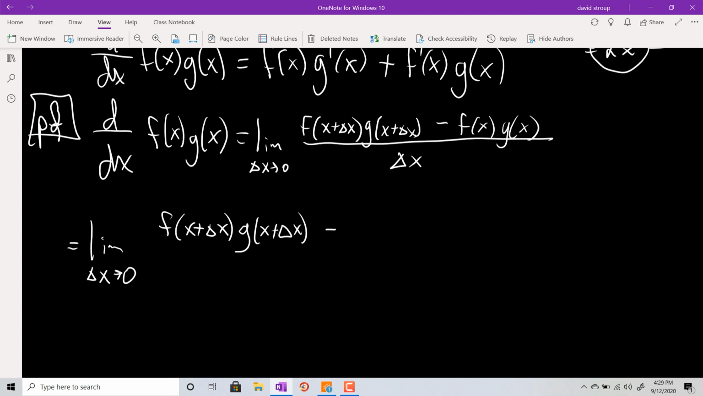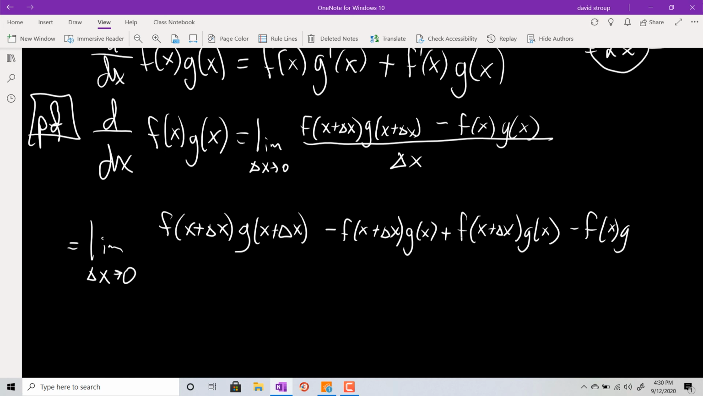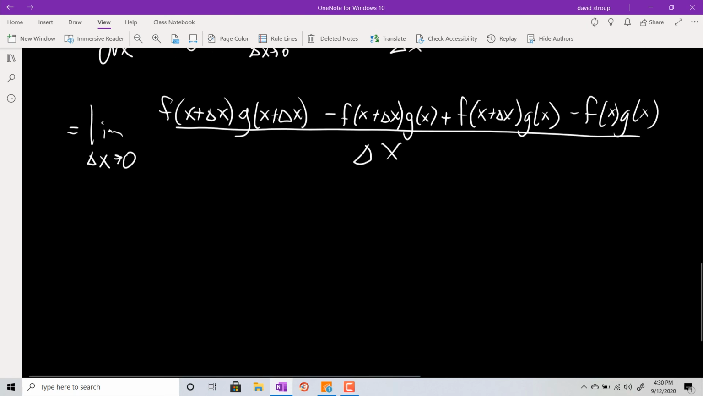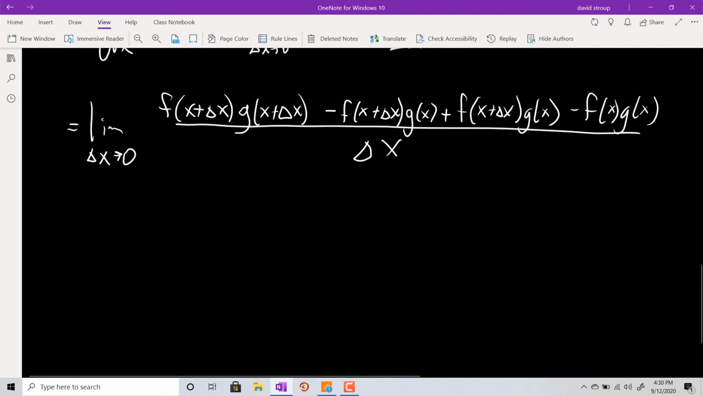I'm going to subtract f of x plus change in x times g of x, and then add it in. So subtract it, and then add it, over change in x. And then I'm going to split it into two different limits. And it'll turn out, because we know that the derivatives of each of the functions exist, we can get our answer. Okay, so first I want to